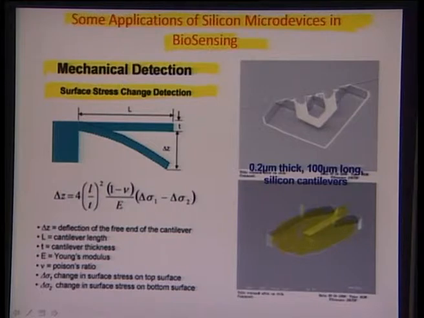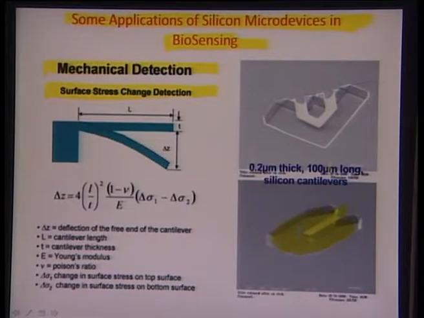So it's like a cantilever which is pointed into a gap, like a diving board and a swimming pool kind of arrangement. If you do something on the surface of this cantilever in a manner that the surface energy has a differential on the top and the bottom surface, you put some molecules